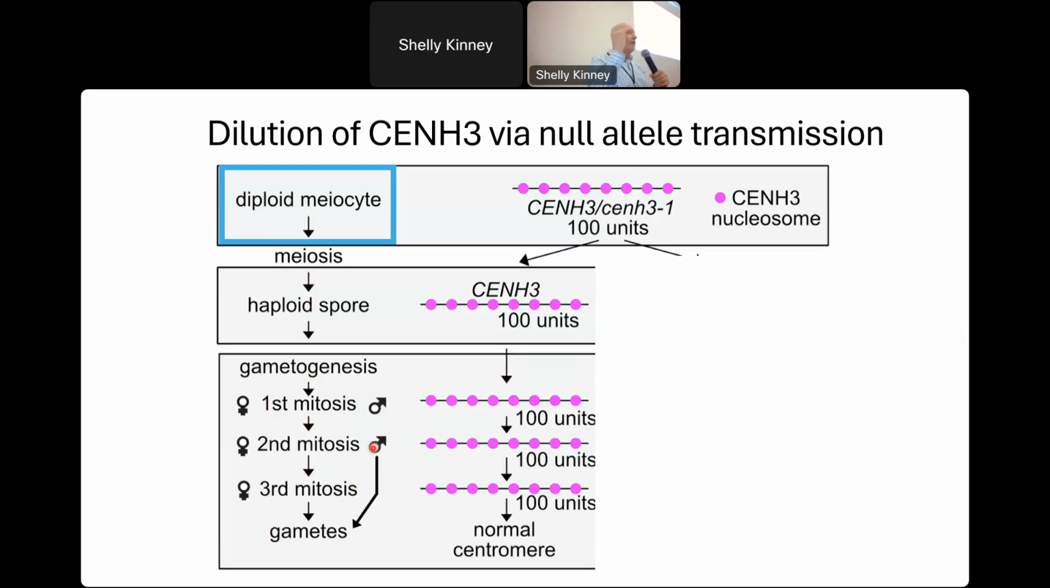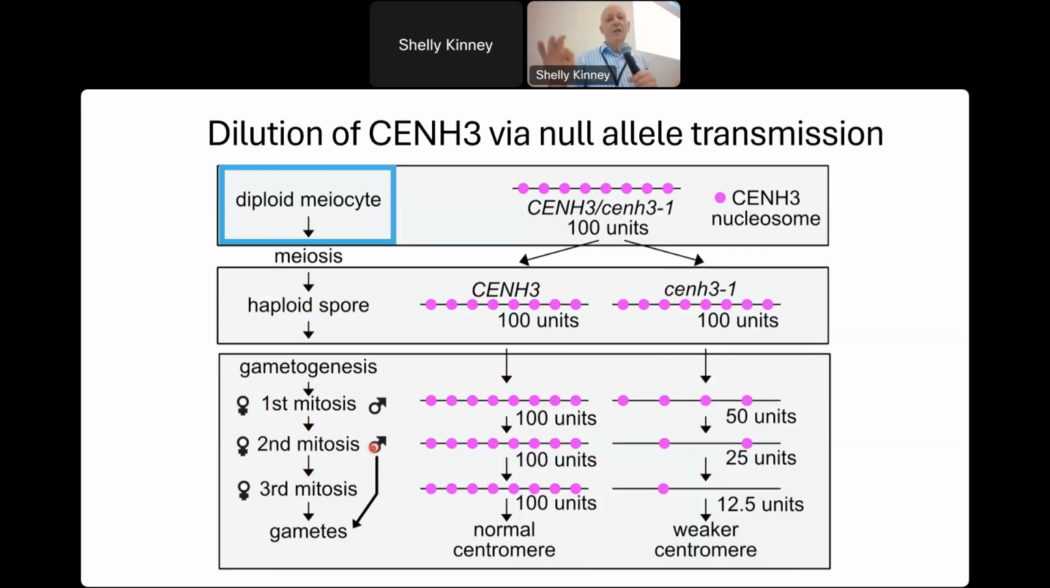So if the gametophyte inherits the wild-type SNH3, then everything is good. However, if the gametophyte inherits the knockout SNH3 in this heterozygote, then each cell division will result in a decrease of the SNH3 present in the centromere. You will just run out of it because you cannot make any more. And so